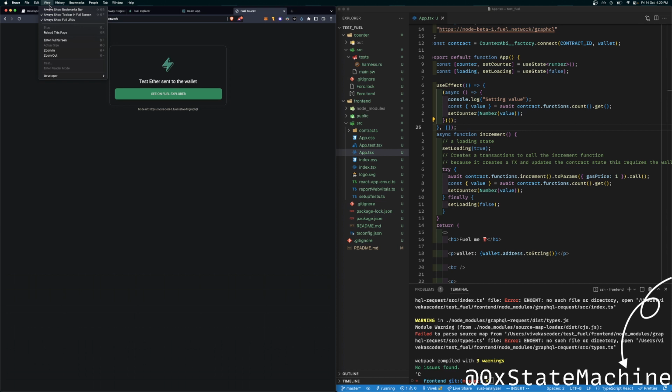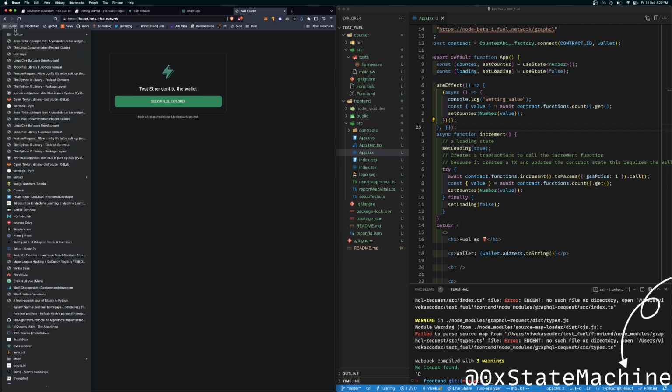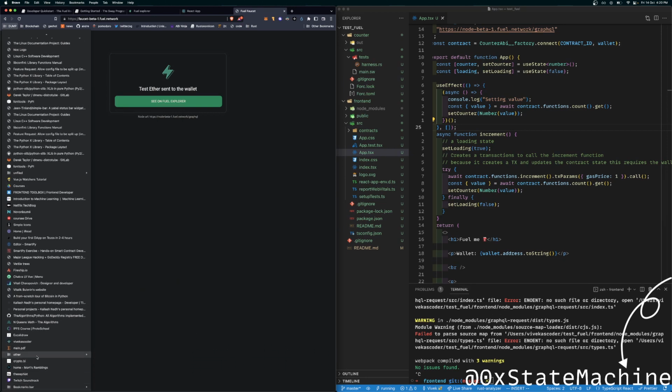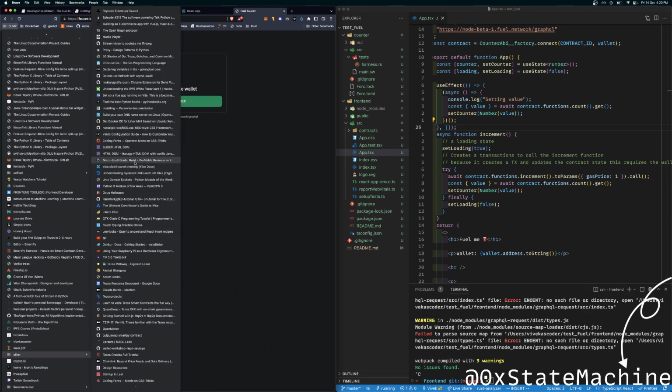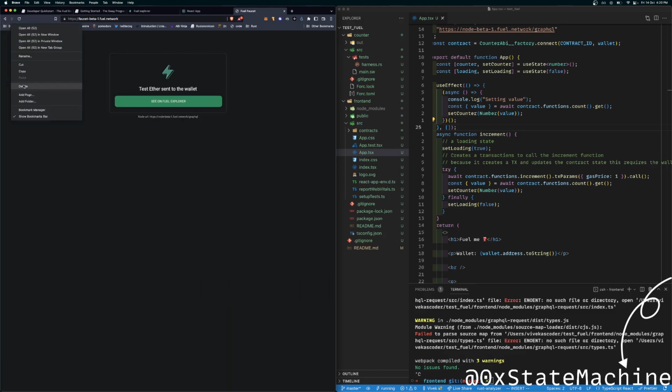Can I just always show the bookmark bar? Actually, I'm honestly never going to use this. I might just go ahead and delete. Look, a lot of bookmarks. Oh god, I'm gonna delete this.